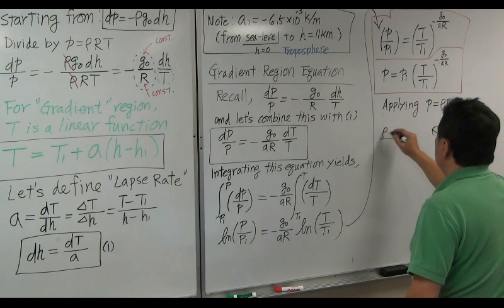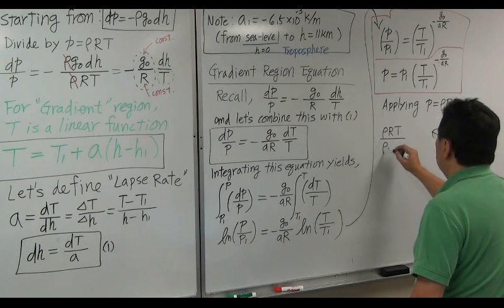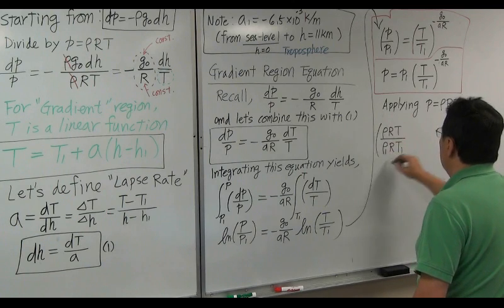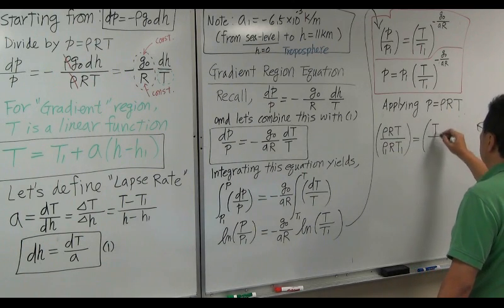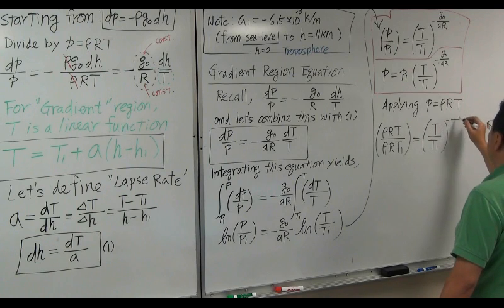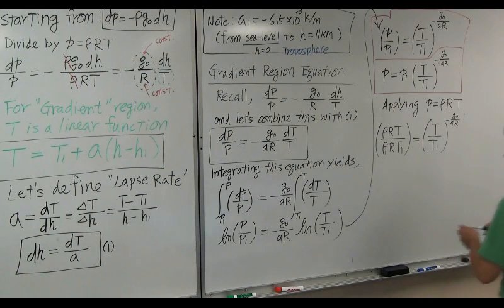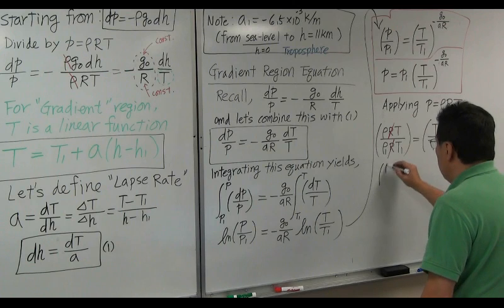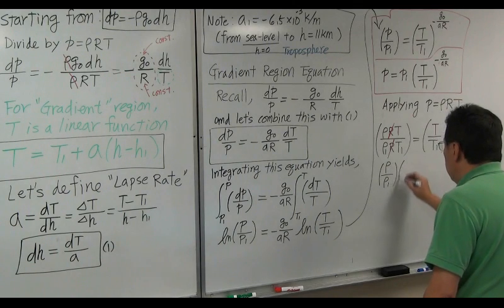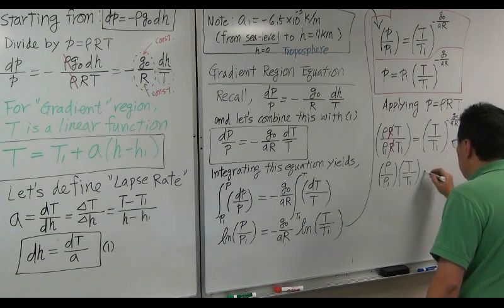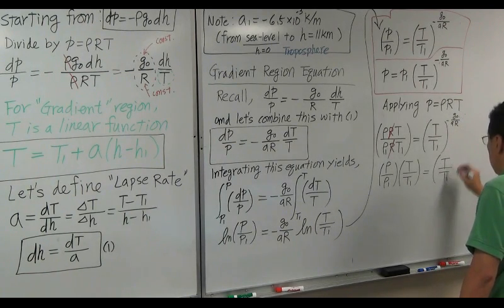So this is going to be rho RT over rho 1 RT1 is equal to T over T1 to the power of minus G0 over aR. The gas constant is constant, cancels out. So this actually gives you rho over rho 1, the density ratio, multiplied by T over T1 is equal to T over T1 to the power of